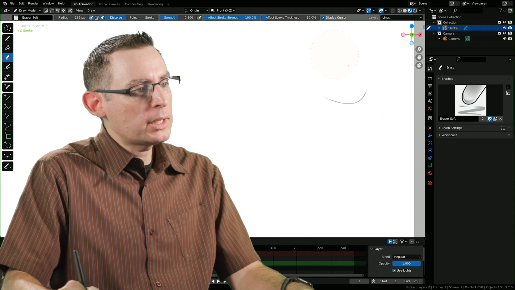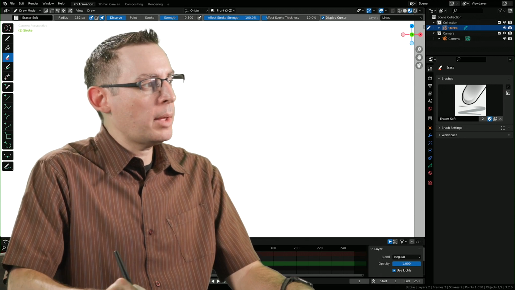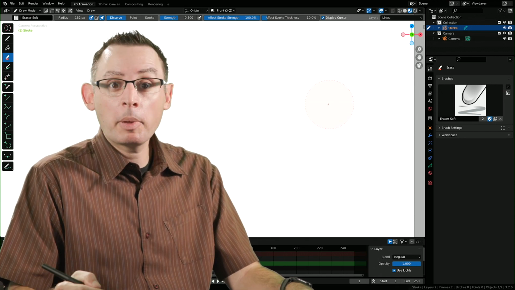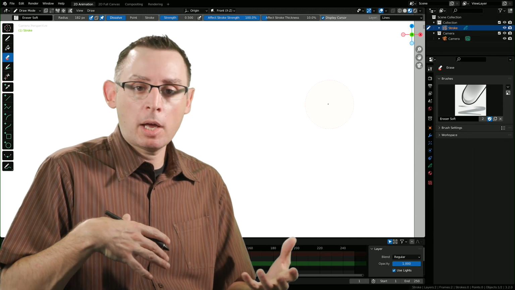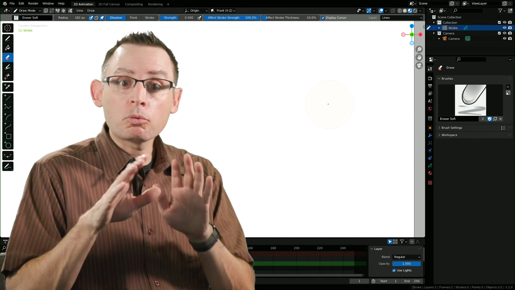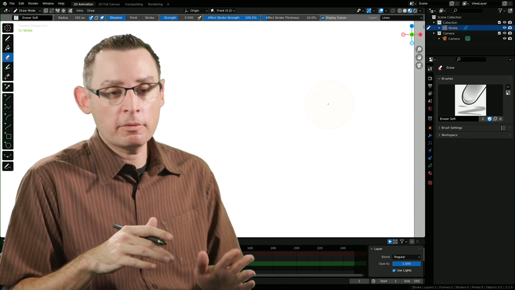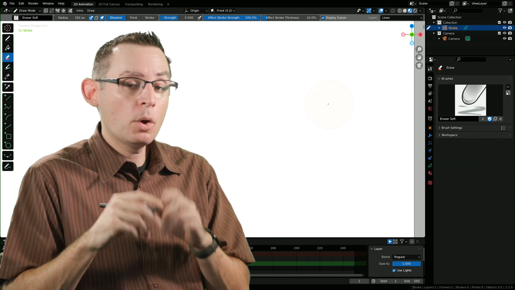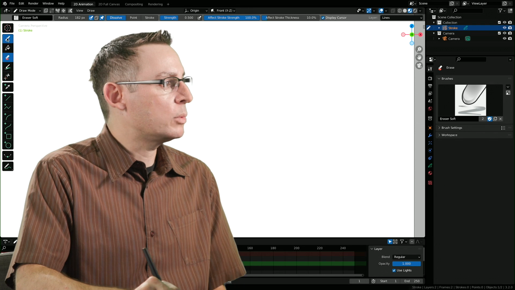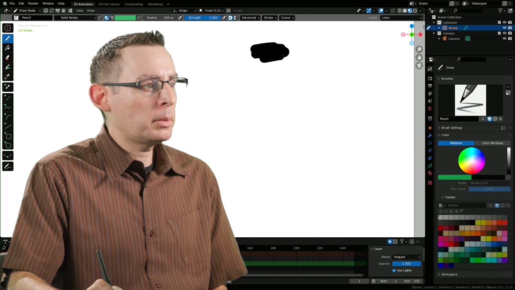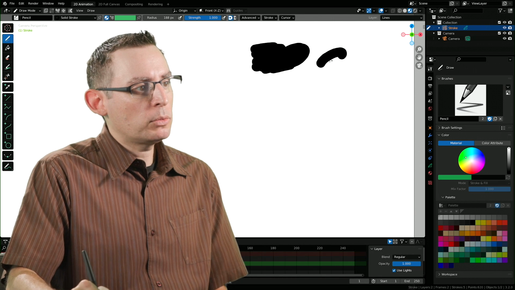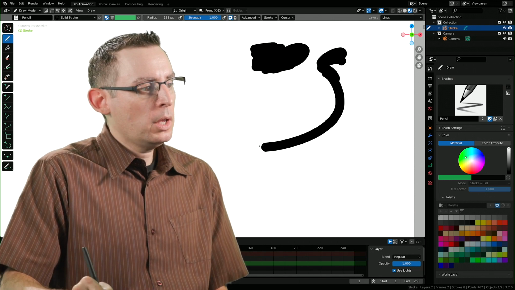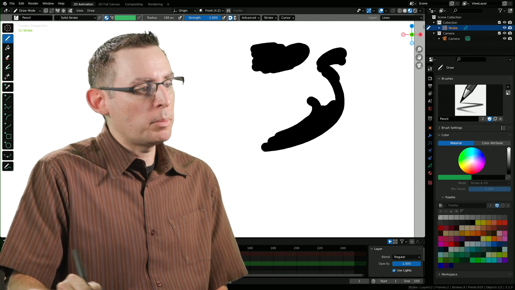Now, as you're working inside of Blender, please remember that we're not painting and drawing with pixels. We're painting and drawing with strokes. If you're coming from another application like Photoshop or Krita or Toon Boom, those are rasterized bitmap painting environments. You're painting on pixels. We're painting with strokes. We're going to get kind of a similar effect, right? We can still build up shapes and have these really cool wispy forms. So the end result is going to be the same.